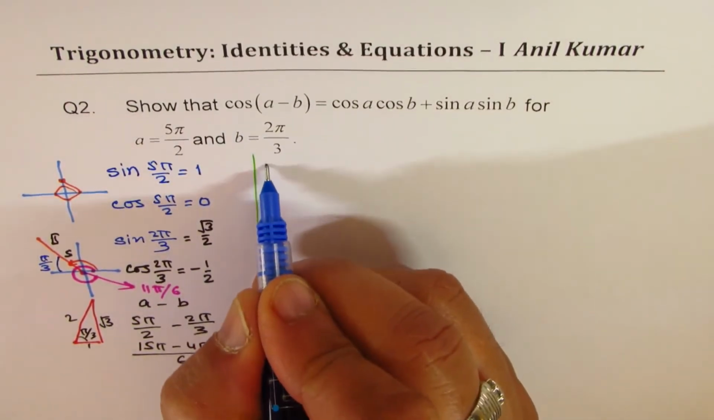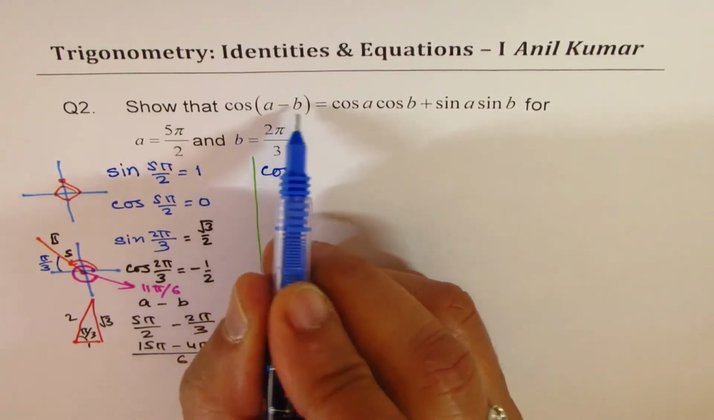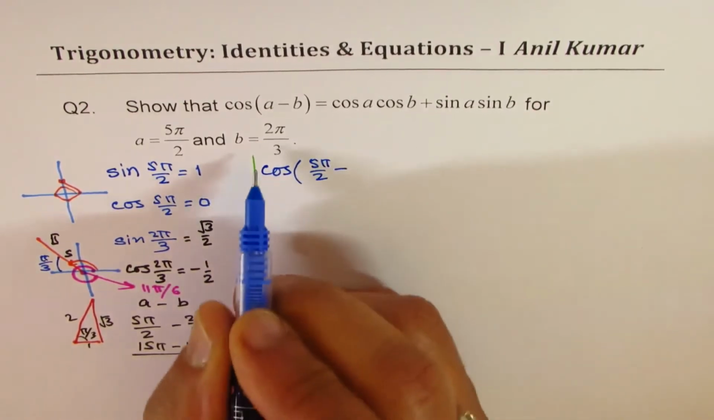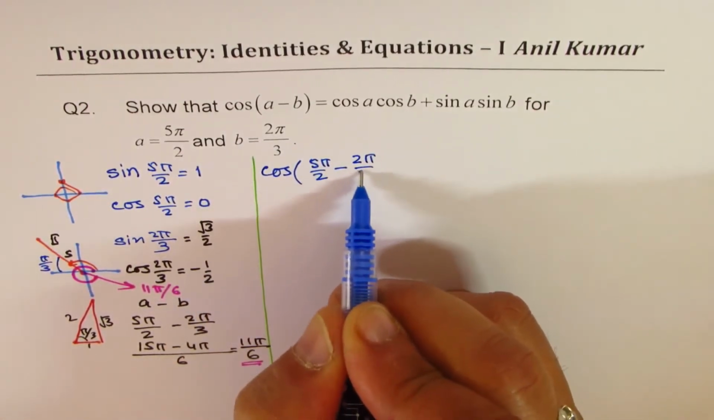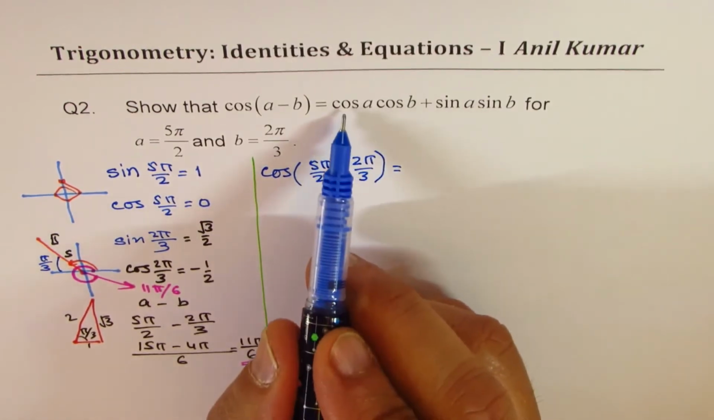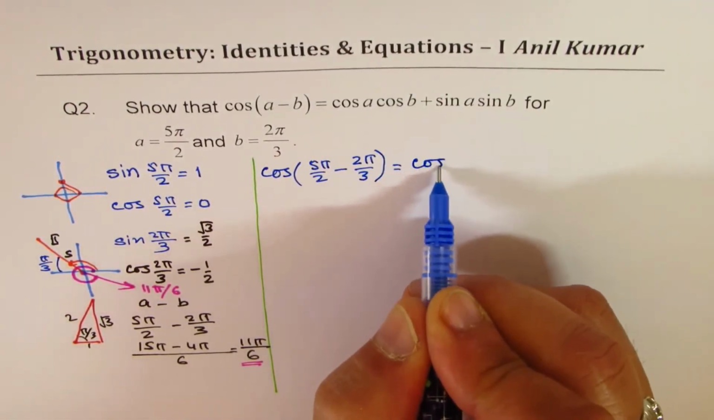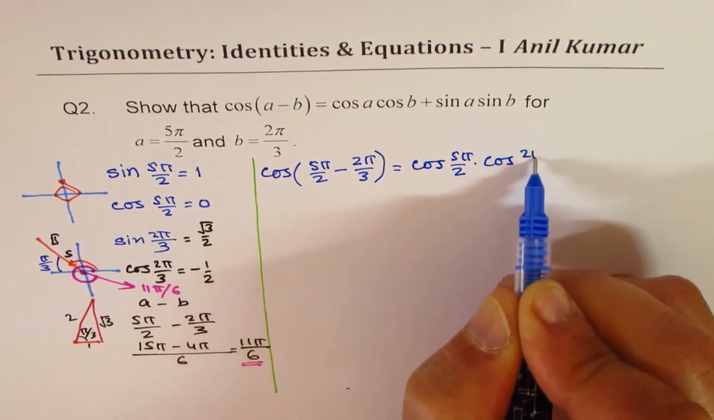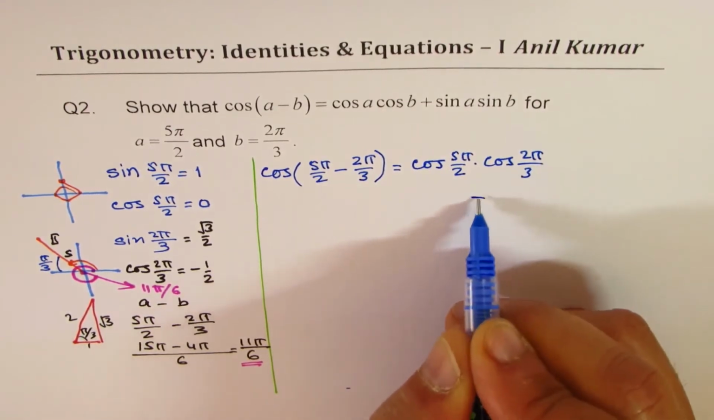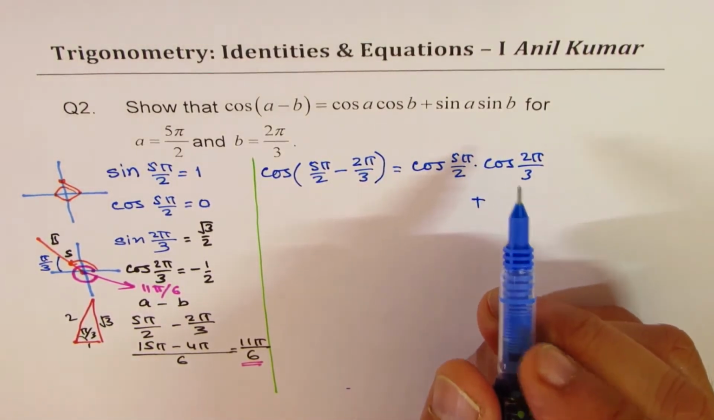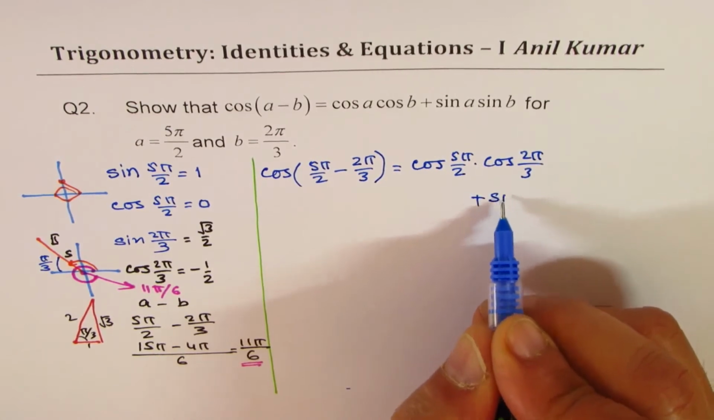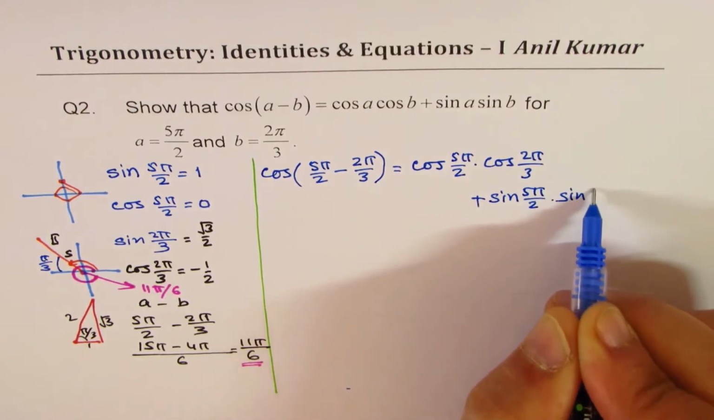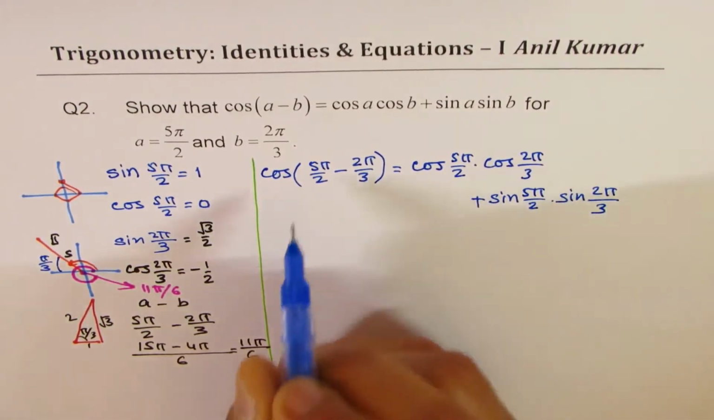So on the left side, we have cos of A minus B. A is 5 pi by 2, so we'll write 5 pi by 2 minus B, which is 2 pi by 3. Correct? On the right side, cos A cos B, that means cos of 5 pi by 2 times cos of 2 pi by 3, plus sine A sine B. Sine A means sine of 5 pi by 2 times sine 2 pi by 3, correct? So as we just worked out, we could write this as